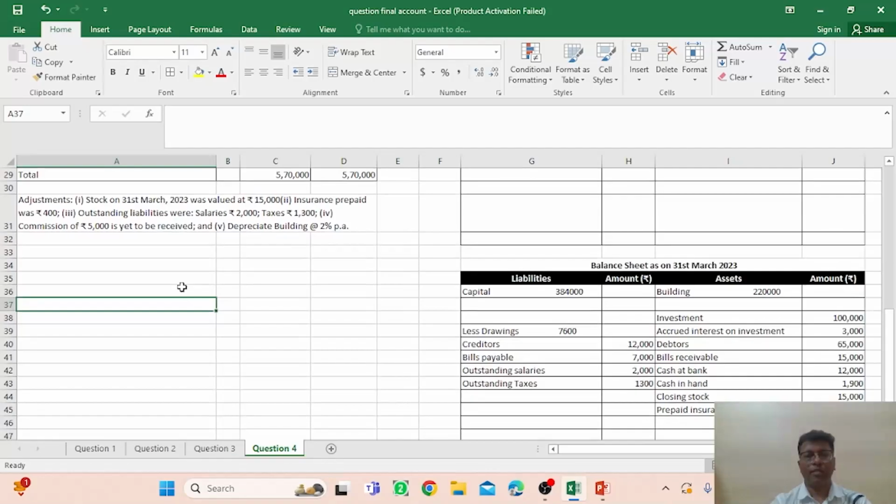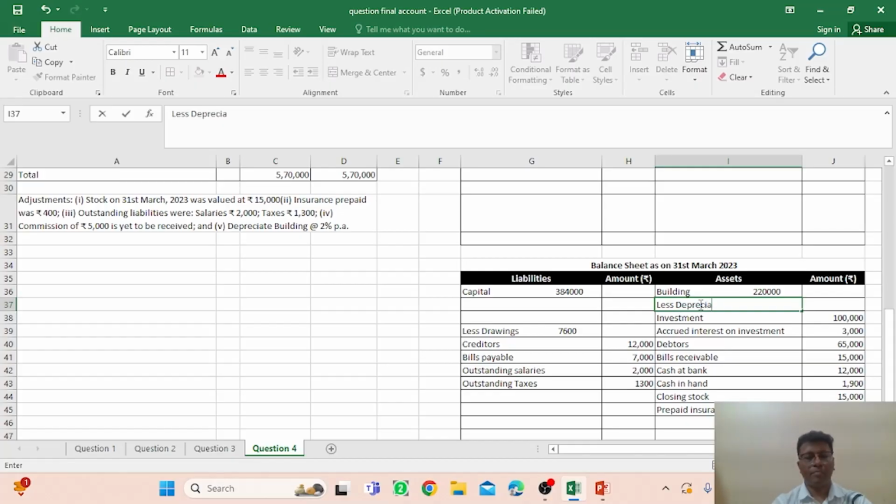And the last adjustment is depreciate building 2% per annum, right? So this is the case. You can calculate 2,20,000 into 2 divided by 100, that is 4,400. I am just showing you how you can calculate with an Excel sheet, right? And you can subtract by using this formula, equal to 2,20,000 minus 4,400. So you find this amount, that is 215,600,